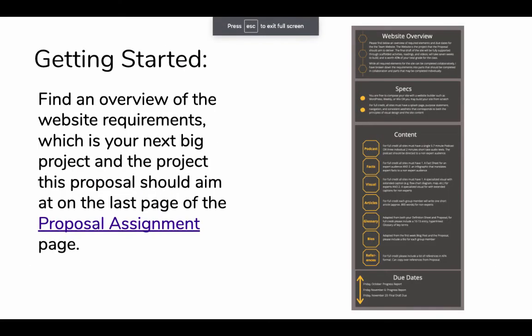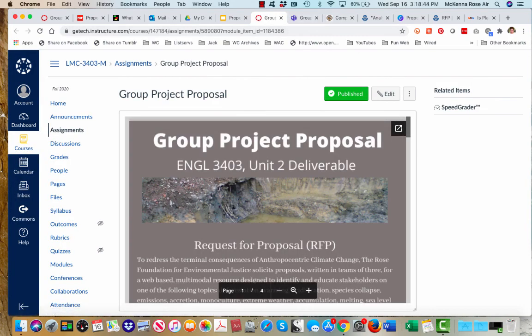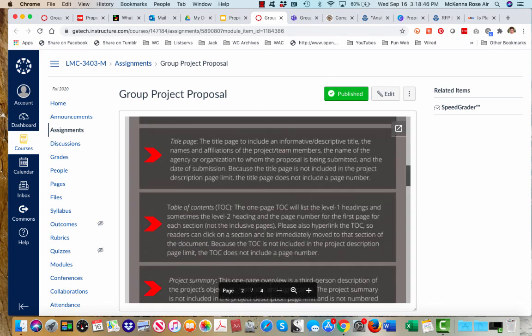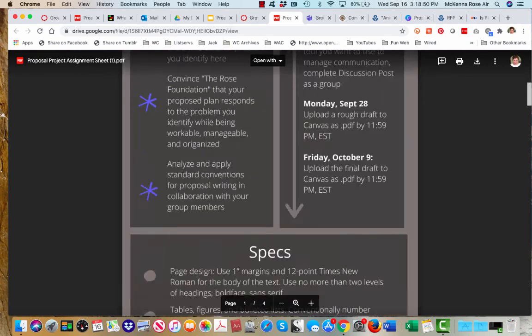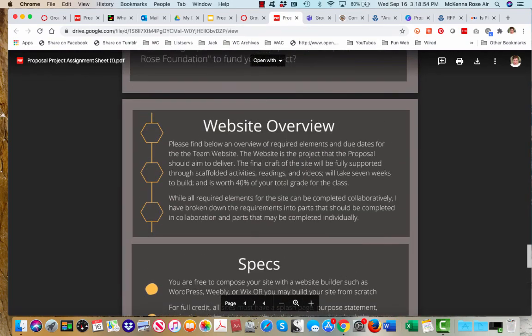Before we move into the assignment proper, note that on the assignment sheet in Canvas, on the very last page, you can find a quicker overview of what the website itself should look like.